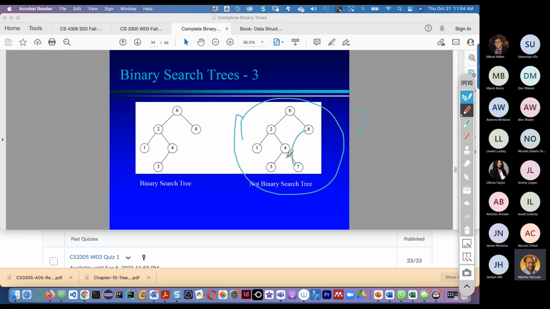Instead of this arrow from 4 to 7, put it on the left side of 8, then it will be fine. So we can draw it this way, maybe a better way. So 7.